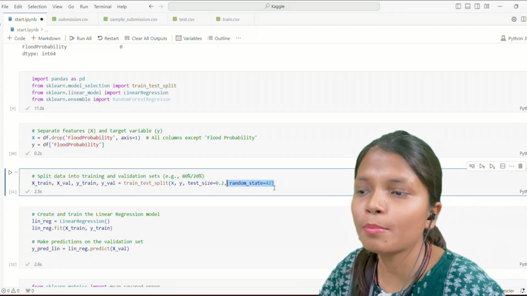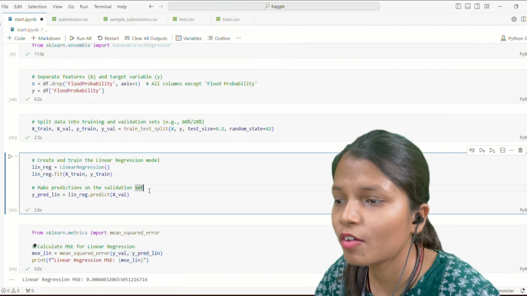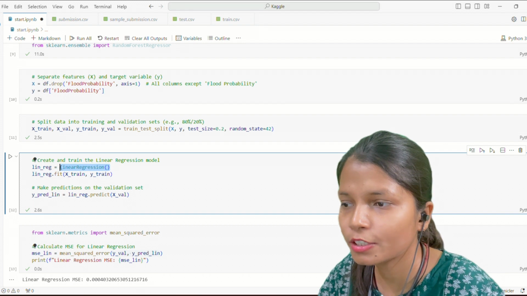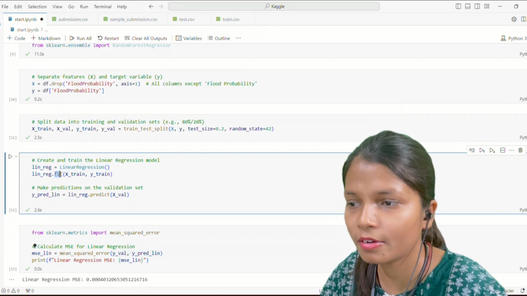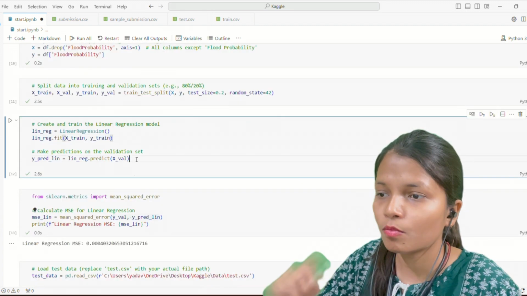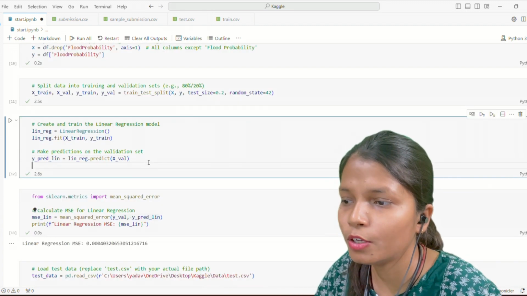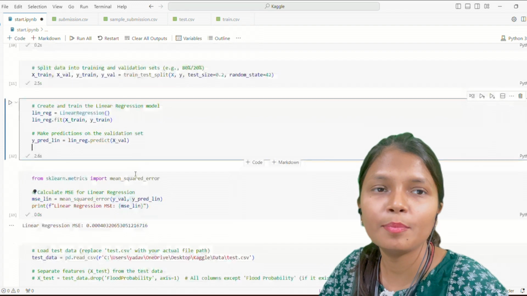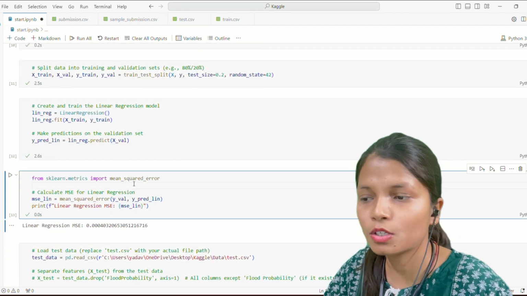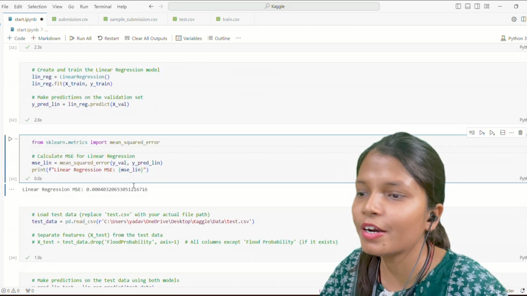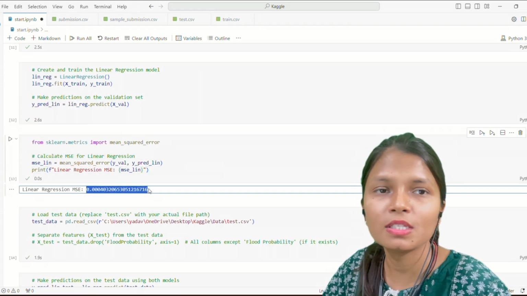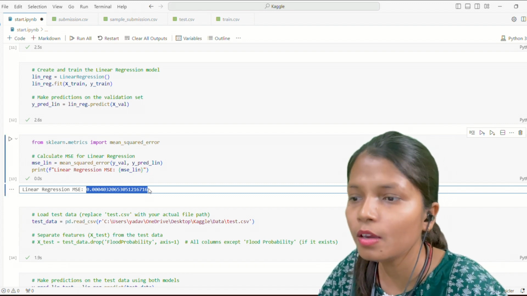Then moving forward, I am creating the linear regression model. I have created a variable, then I created an object, LinearRegression. Then I am fitting it with the training data, which is x train and y train. Then I am doing the prediction on x value. Now I'm trying to get the mean squared error. I'm checking whether there are more errors or it's okay to go with it. When I figured it out, I found that there are no such errors. It is a low mean squared error, so it means there is no such error. We are going good with the project.